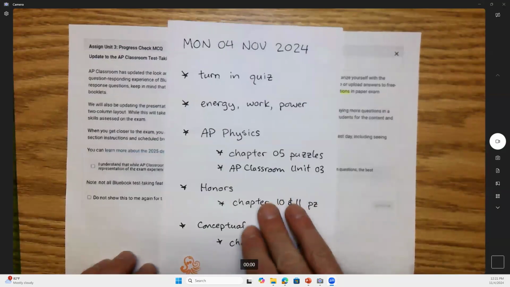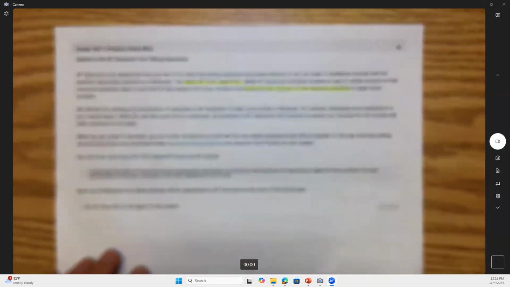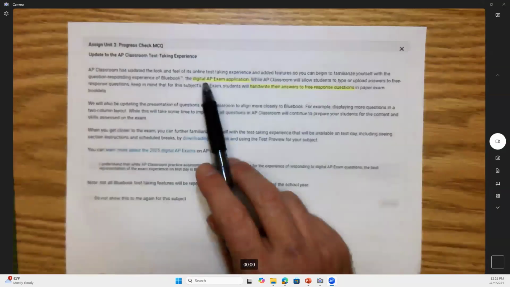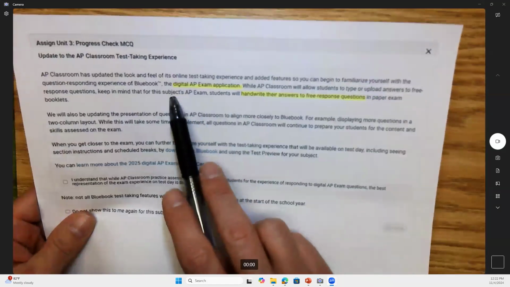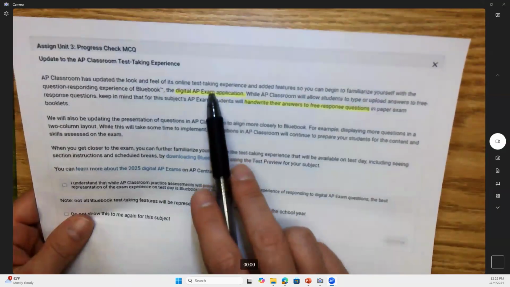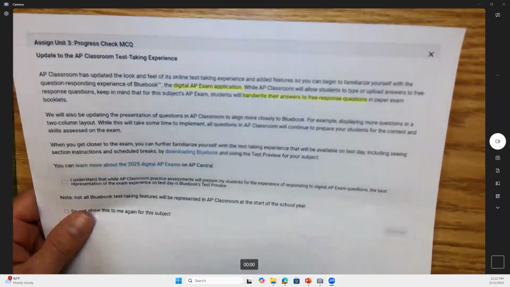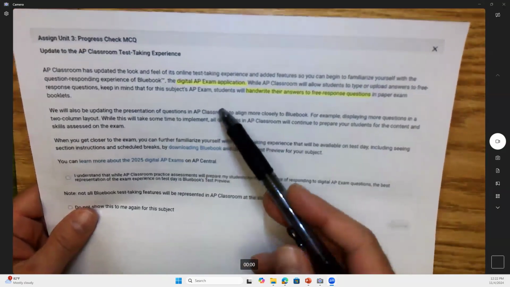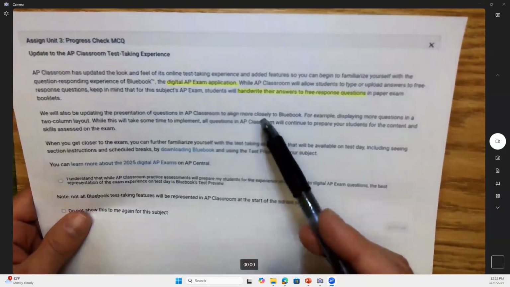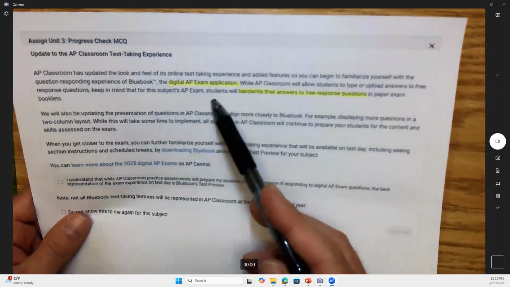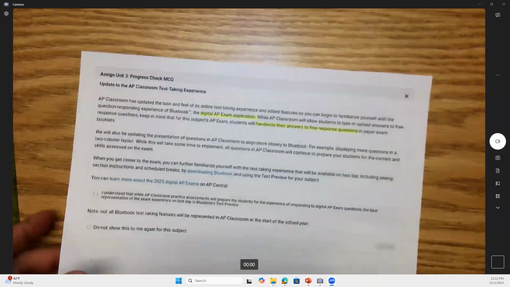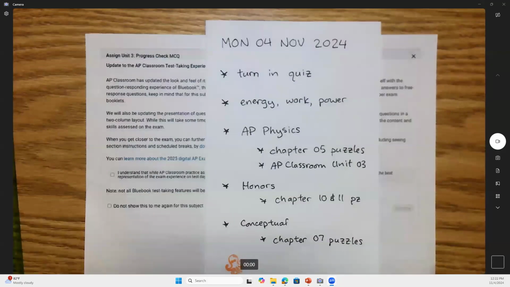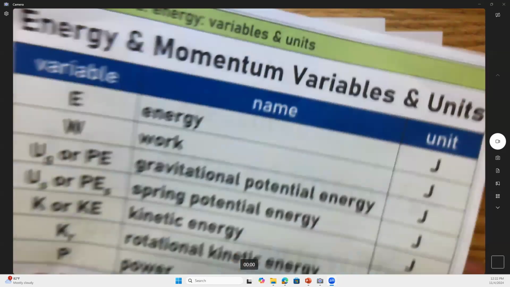Oh, and one more thing for my AP students. I did check on this because there was a question. They made a new AP exam for this coming year. It's going to be a new format. It's going to be digital, but only the first half. It's two halves. The first half is multiple choice, and that part's digital on a laptop. The second half is free response questions, but it says here students will handwrite their answers to the free response questions. Again, that only counts if you're AP. If you're not AP, don't worry about it. You're AP, got it.